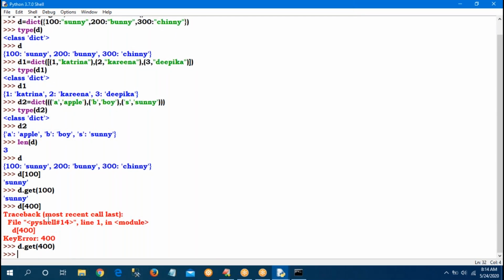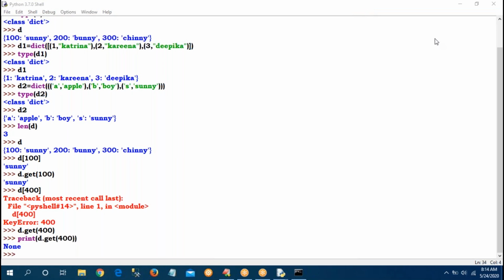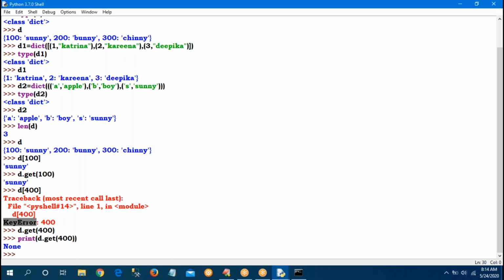Sorry, I am not using the print statement. None value, sir. That is the difference. If I access directly and the specified key is not available, I will get the key error. But get function will return the none value because the 400 key is not available.